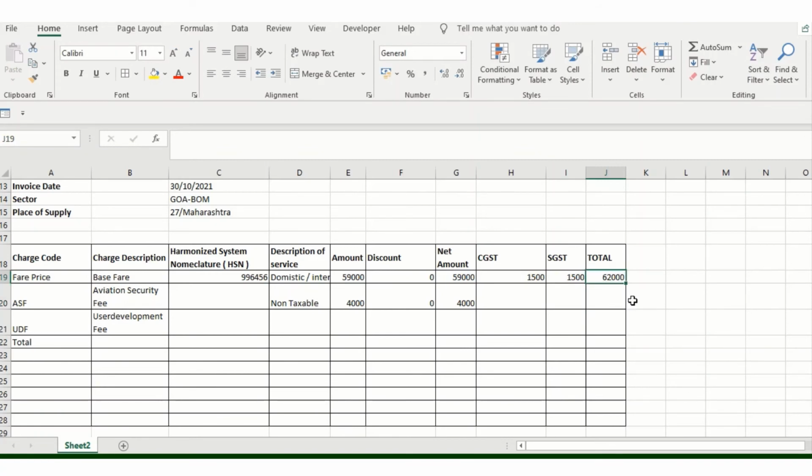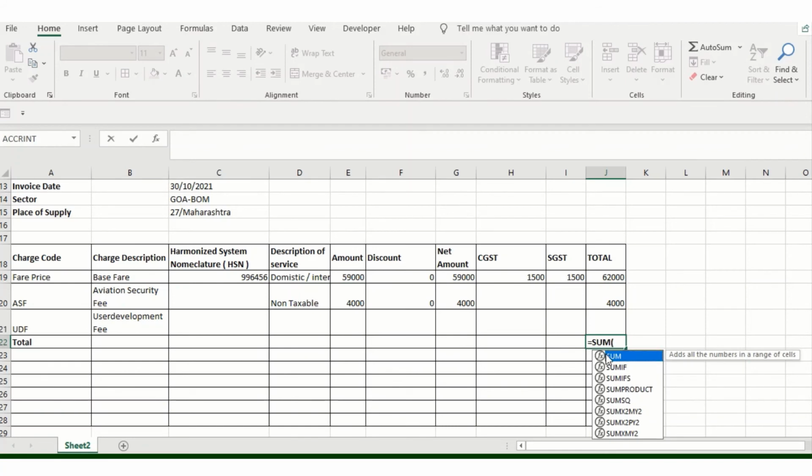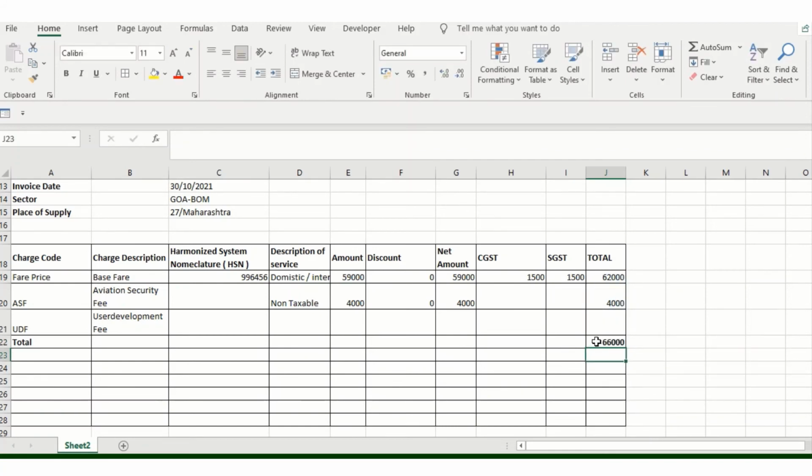It's your call how you want to keep it, and then the entire total you will get here. So I'll just make this bold, sum function, and then here you will get the total amount.